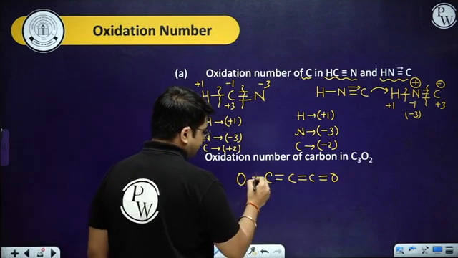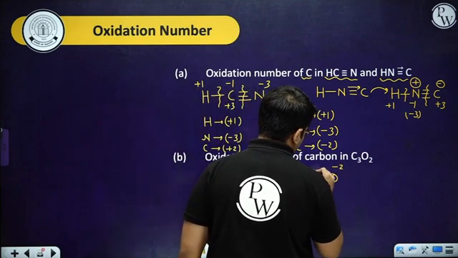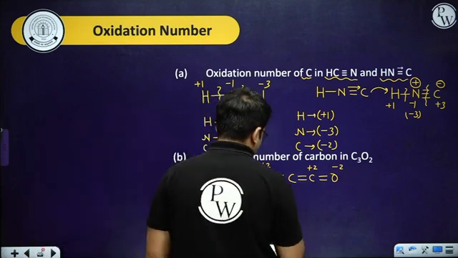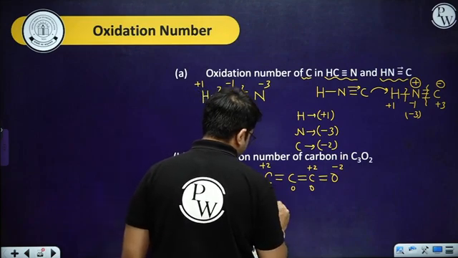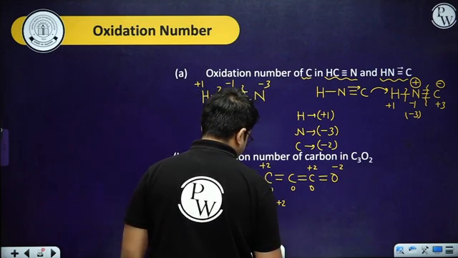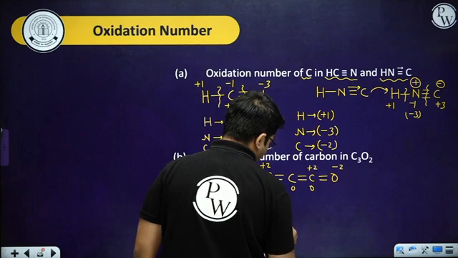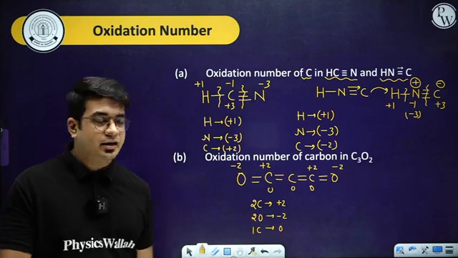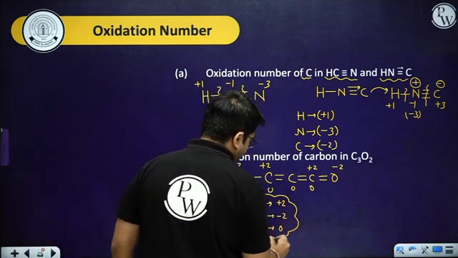So generally, double bond -2 +2 -2 +2. But in this case, carbon carbon is same. So if same, that will be 0 0 and 0. So you can say two carbons are basically in +2, two oxygens are basically in -2, and one carbon is basically in 0. Okay, that is useful when you have multiple central atoms. When you have multiple central atoms, this structural analysis is much more useful in comparison to calculation.